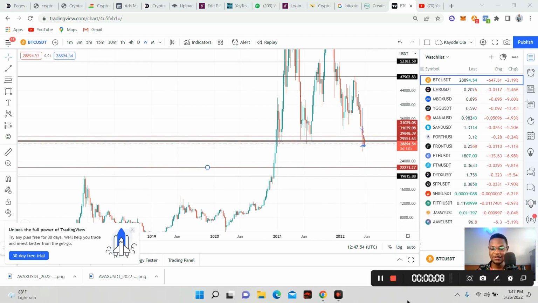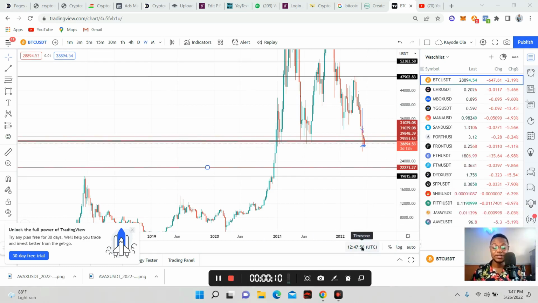Like I was saying, as a swing trader, you need to have it at the back of your plan: what if this market continues to go down? It's just a backup plan. As a swing trader, you need to have a target. Number one, like I said, I'll be buying at this particular zone, the 19K to 22K zone, if at all I'm going to buy anything. I'm not saying I'll buy BTC, but BTC controls all of this market. So I'm going to buy my preferred altcoins once BTC gets to the 19-21K zone.